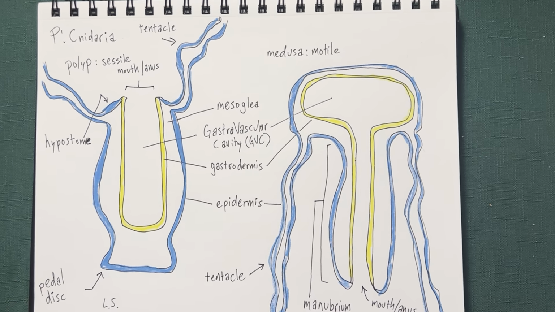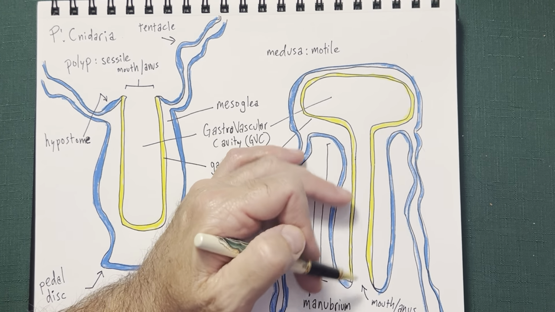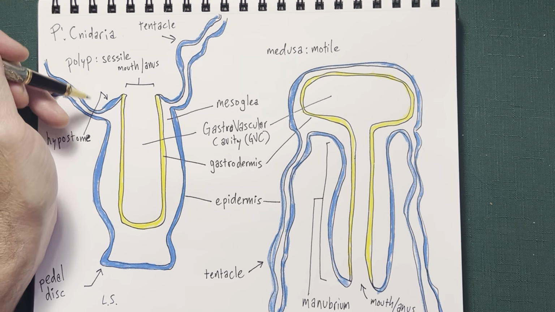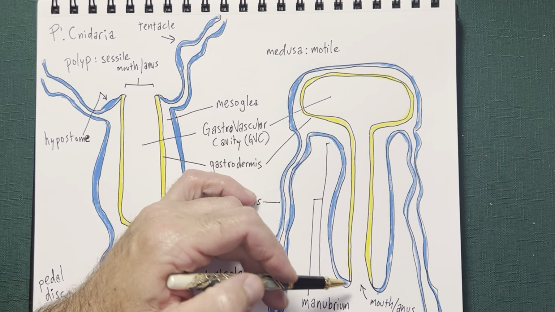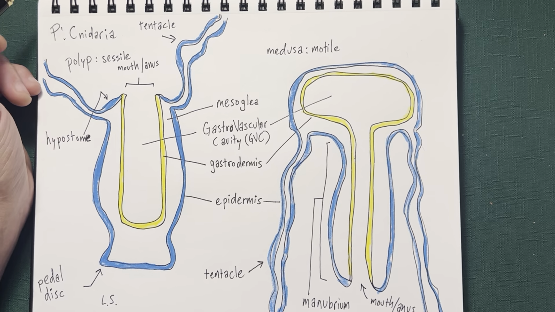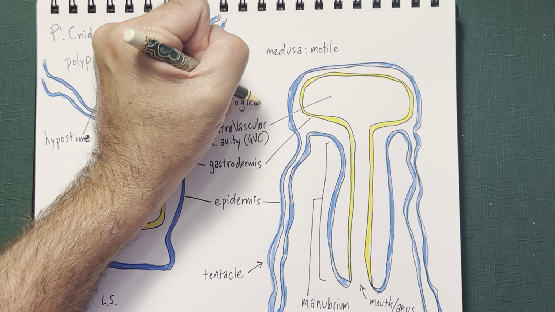But in those medusa forms, they have this bit that's the manubrium. It's analogous to the hypostome that allows the animal to eat. And, oh, can't forget